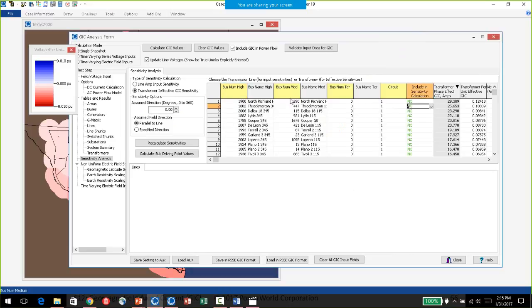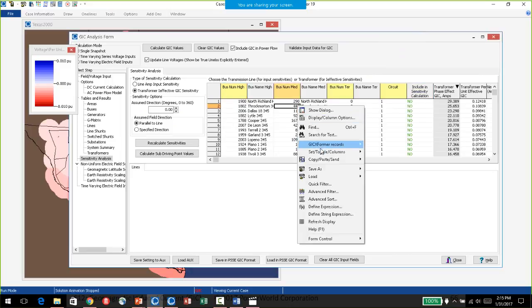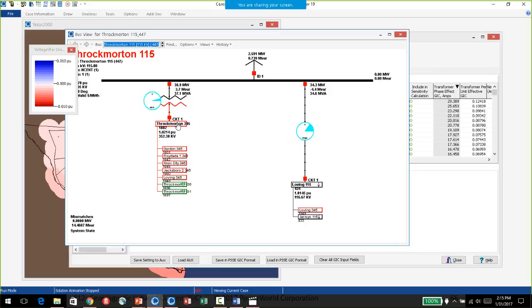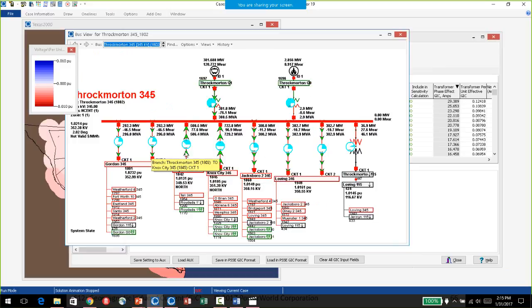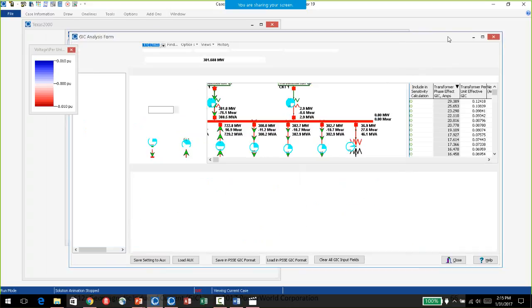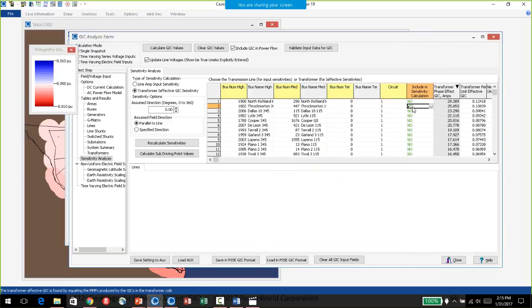The second one on the list is a little bit more interesting, although the results are mainly the lines that come into it. But here's the transformer, and then on the 345 kV side, we have several different transmission lines coming in from different substations. And if I wanted to see which one of those are contributing to the GIC, I could include that transformer in the sensitivity. You can put as many transformers as you want to. Because these are linear factors, it can just superimpose the results.